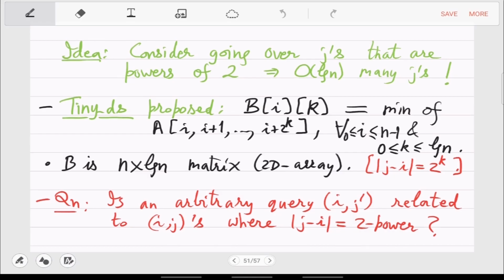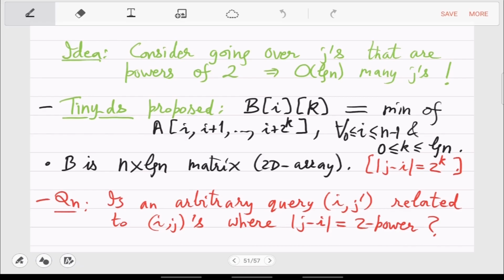So suppose we want the array of like 13 and we have stored 2, 4, 8, 16. So 13 can be expressed as 8 plus 4 plus 1, right, which is all powers of 2. And since the minimum is an operation that commutes, that works.